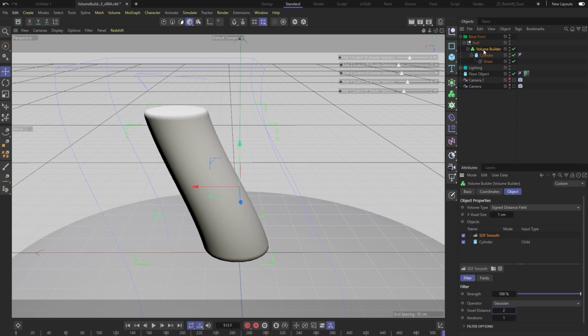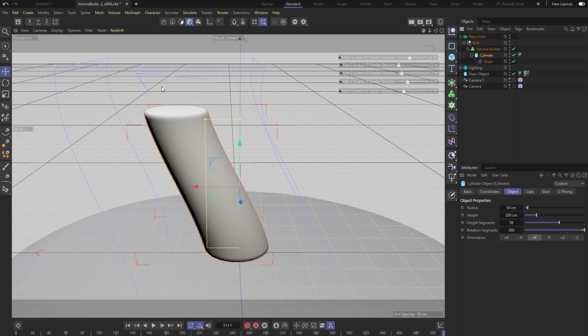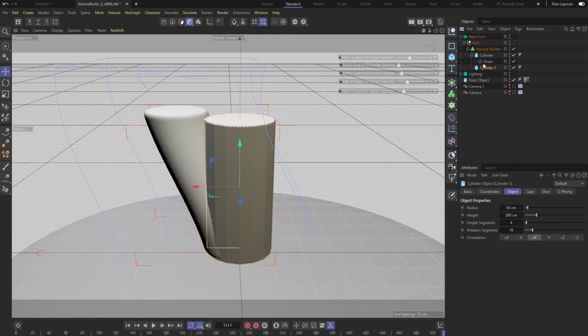See the 2? And I want to create some limbs growing out of this object. So I'm going to add a couple new cylinders. I'm going to hold the Control key and click on cylinder. It will add it to the same hierarchy, except now you can see some hard edges. Again, we have to increase the rotation segments so that there's a better origin geometry to read from. I don't think I need to add any other segments, so I'll leave that at default.